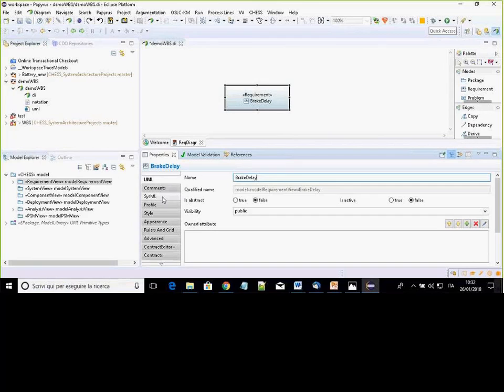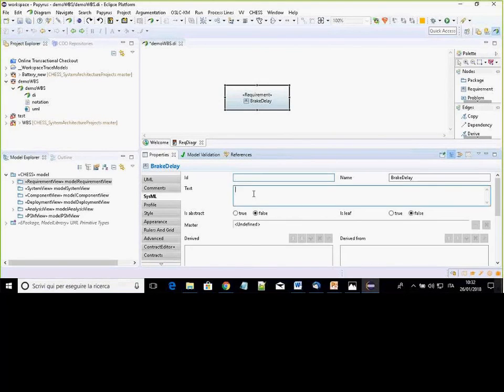And here, in the SysML tab, you can provide the text for the requirement. For instance, the delay